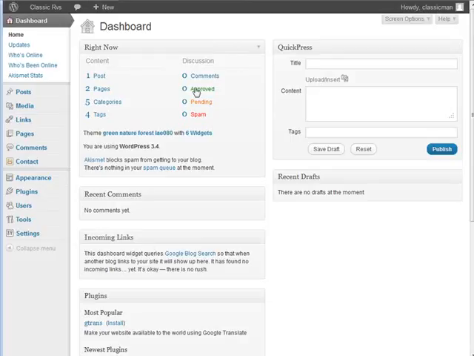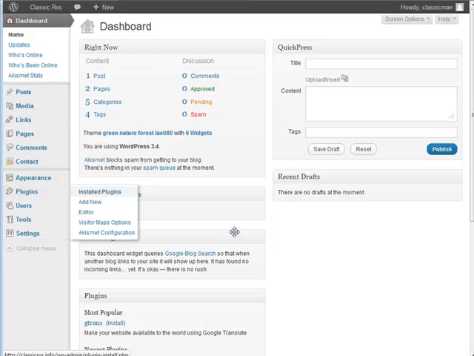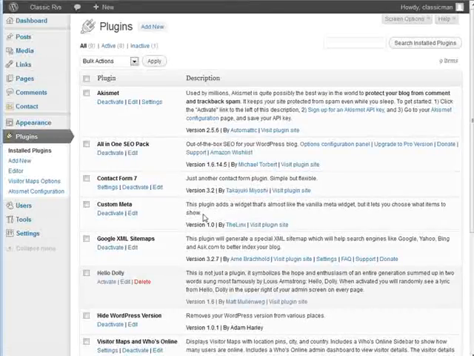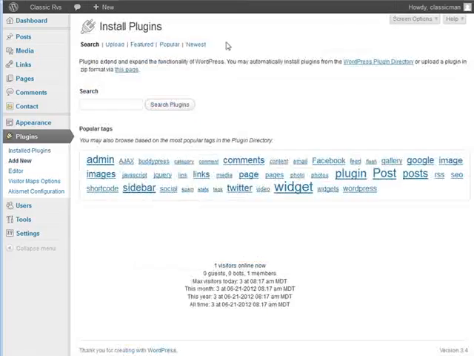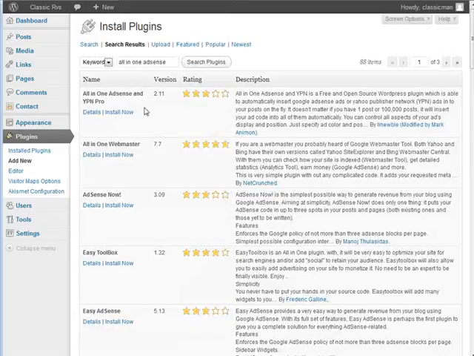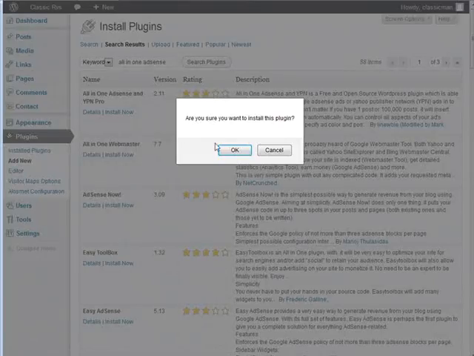There's an easier way to do it, and that is to use a plugin. Now, the plugin I'm going to show you here is the one that's worked best for me, and it's given me the most money out of AdSense of the ones I've tried. So let's go to Add New, and then let's type in here All-in-One AdSense. Okay, and you'll see All-in-One AdSense and YPN. That's the one you want to install